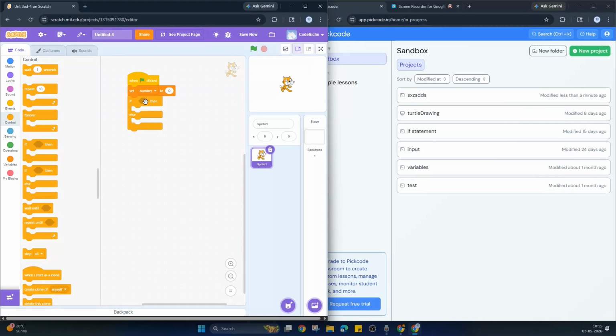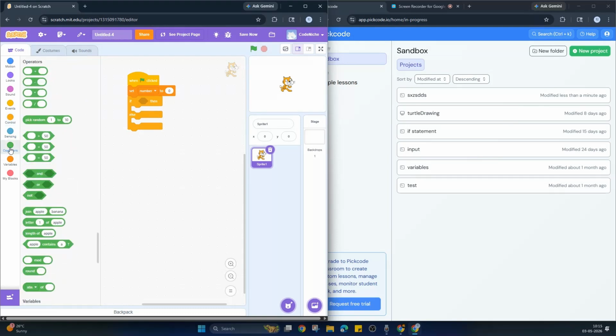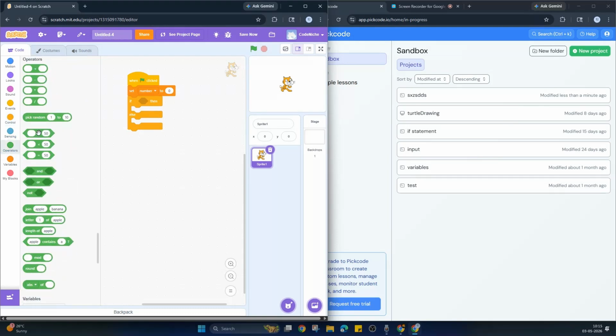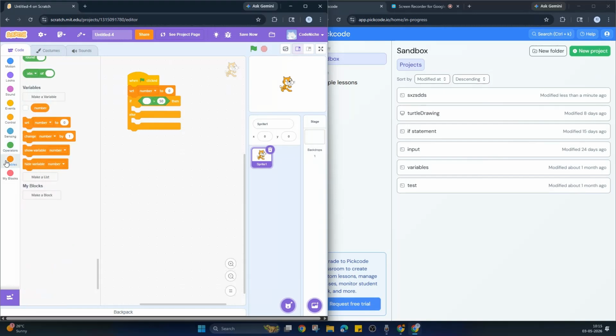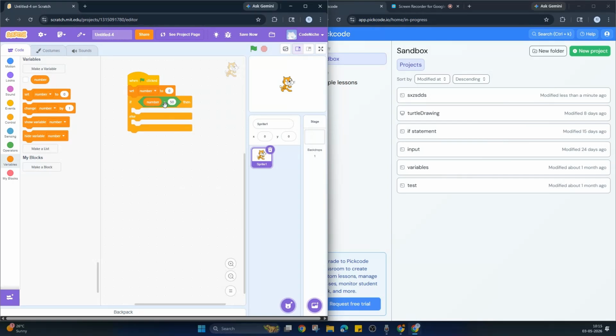So for this, I'm going to go to operators. Same goes for the comparison operators also. They do have the hexagon shape, which means whatever operation you perform here, it's gonna give you answer as true or false. So now I'm going to go to the variables and get this block over here. Now if the number is greater than